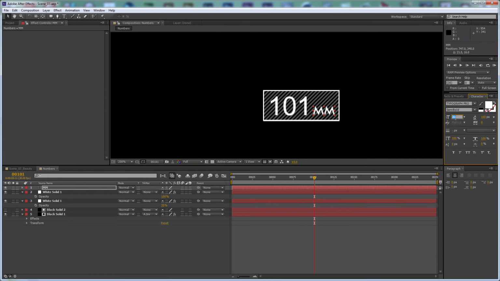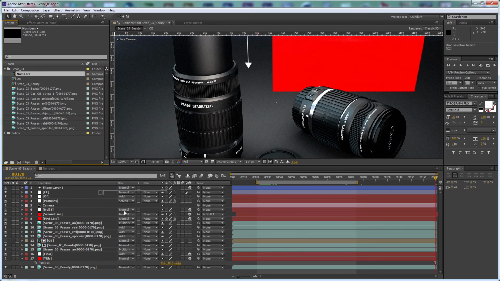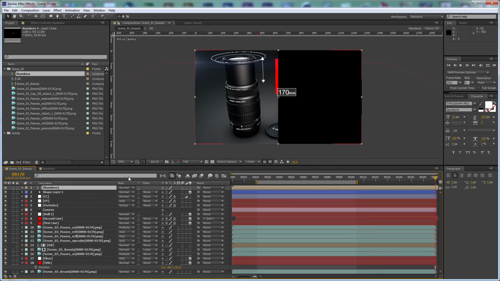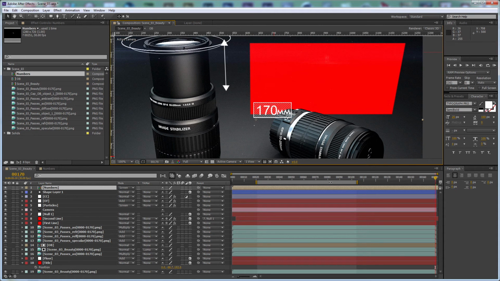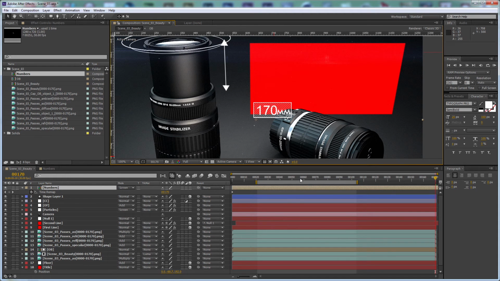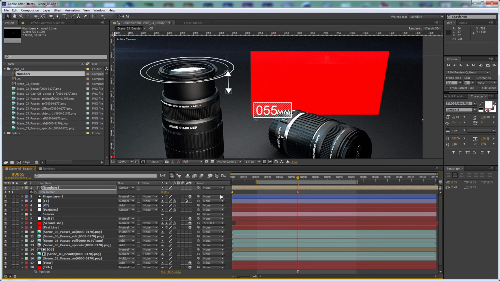Let's set this to 25 and position it here, and take the numbers composition and put it into our main composition here, and we are going to time remap it. We are going to set this to screen to get rid of the black color, and we are going to time remap this. So we want to start from 55, set a keyframe for time remapping and delete the first frame,